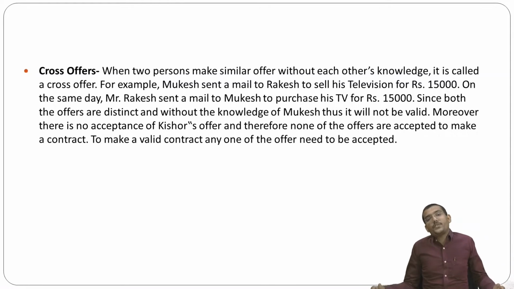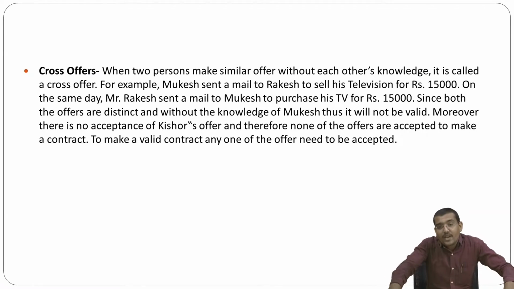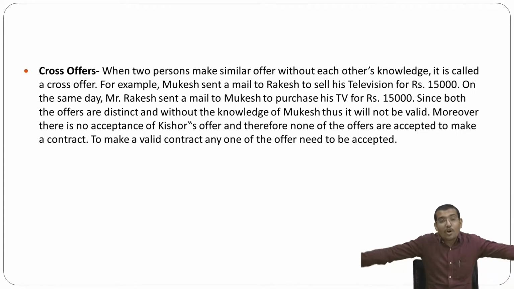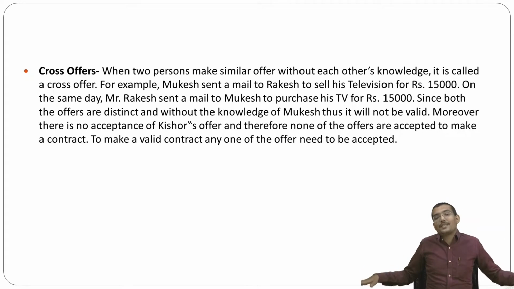When two persons make a similar offer without each other's knowledge, it is called a cross offer. Say for example, Mukesh sent a mail to Rakesh to sell his television for rupees 15,000, and on the same day Mr. Rakesh sent a mail to Mukesh to purchase his TV for 15,000. So since both the offers are different and without the knowledge of the other, it will not be valid in nature. Moreover, there is no acceptance of Kishore's offer, that is a third person, and